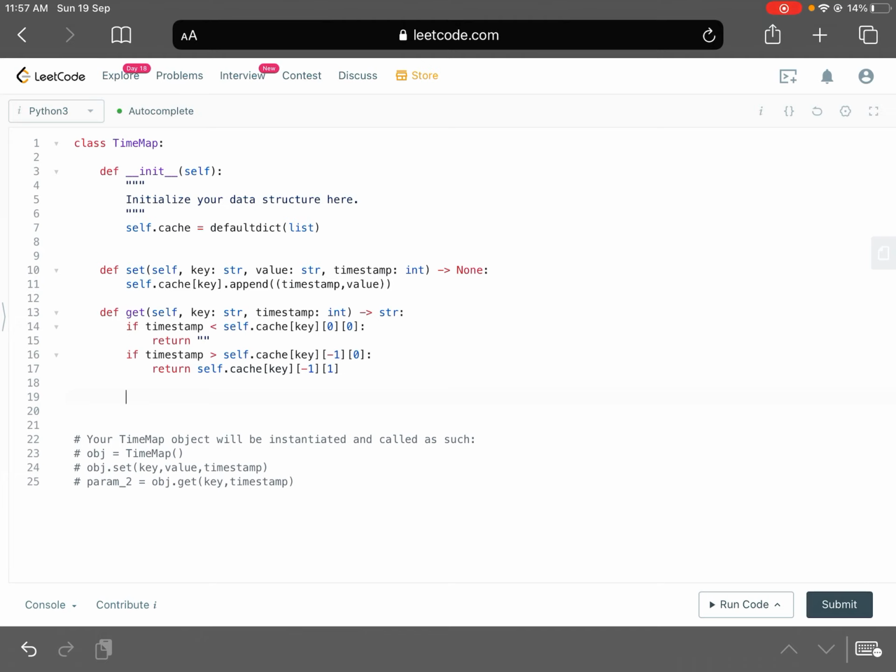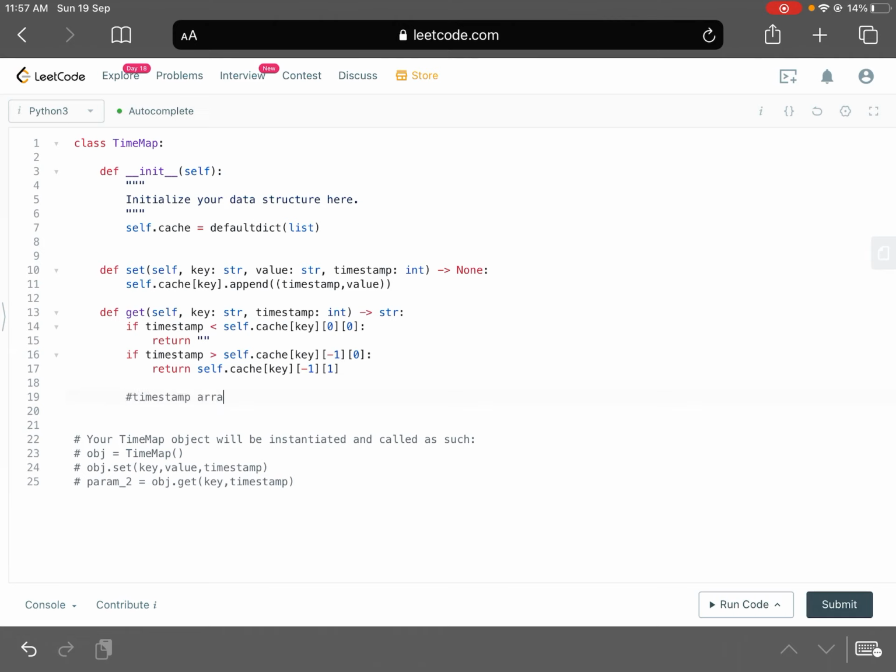Okay, so now that this has been taken care of, like we have looked at both the edge conditions, what we can now do is think of handling the search that is actually within the array, right?